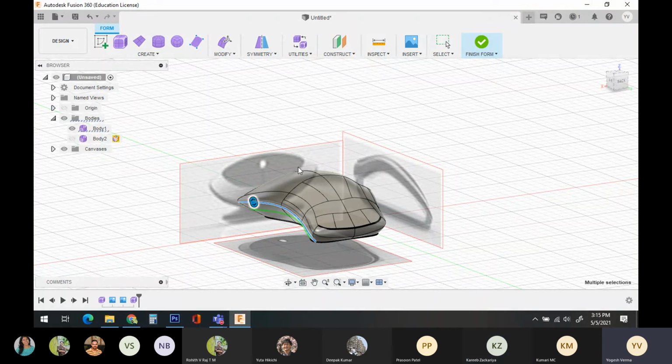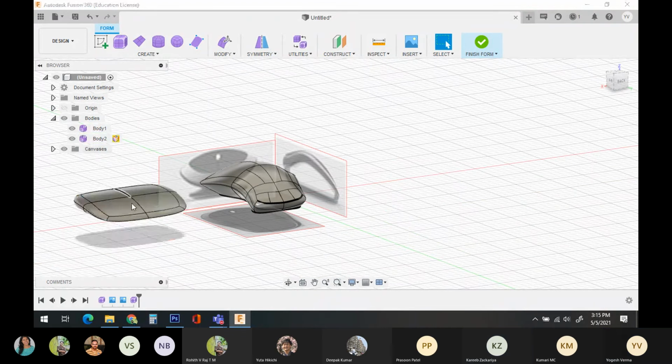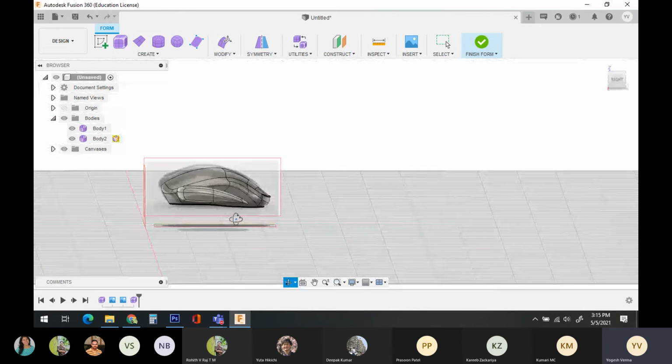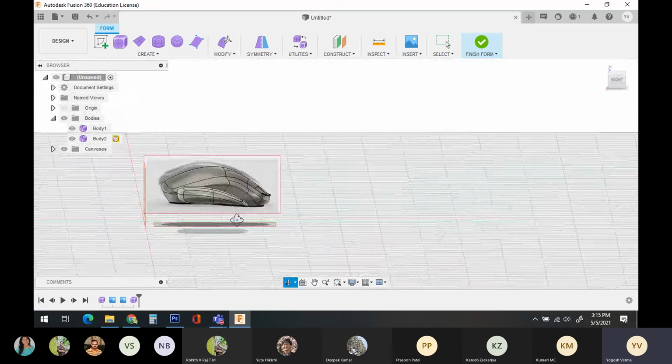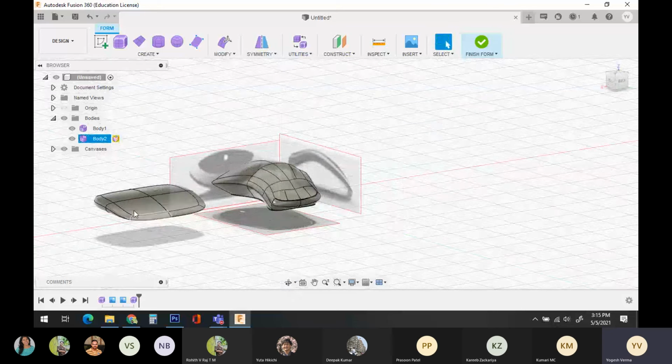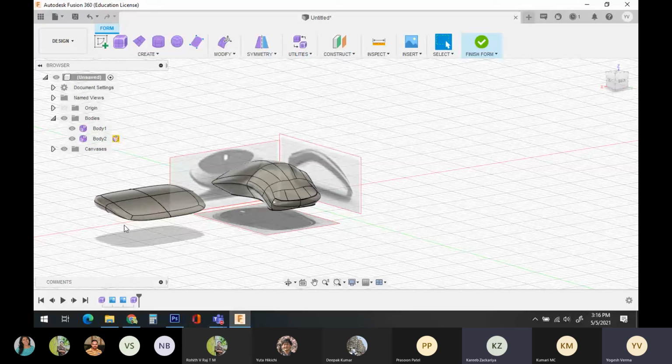Actually, earlier I tried to make a separate body so that I can use the Boolean command, but I was not able to get the exact profile for cutting things. So I just dropped that idea. Okay, that is one way, but the image is slightly blurry.